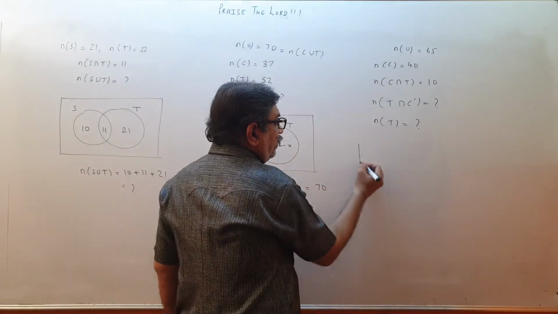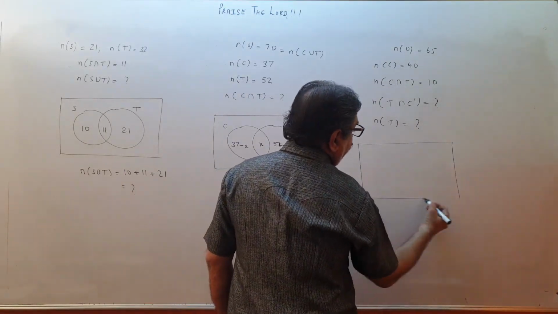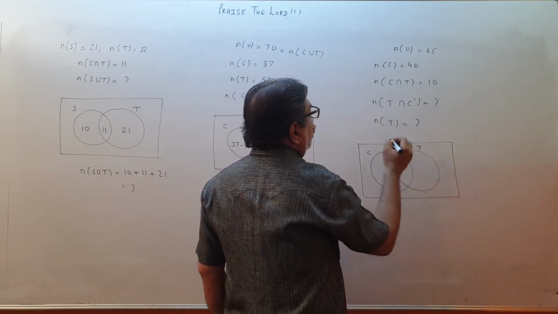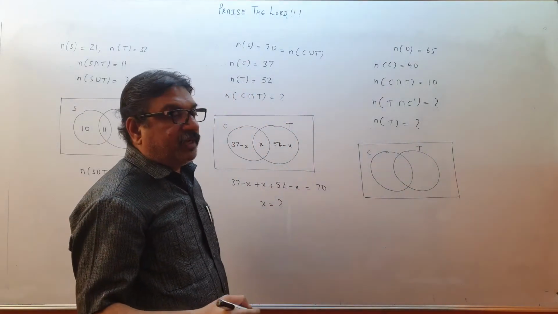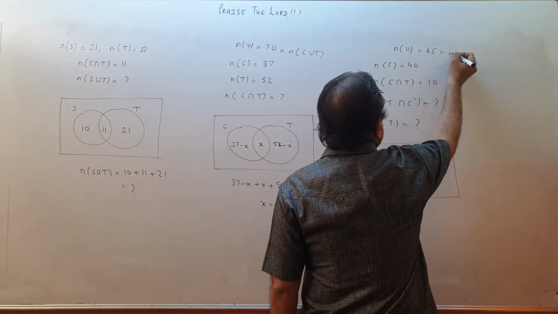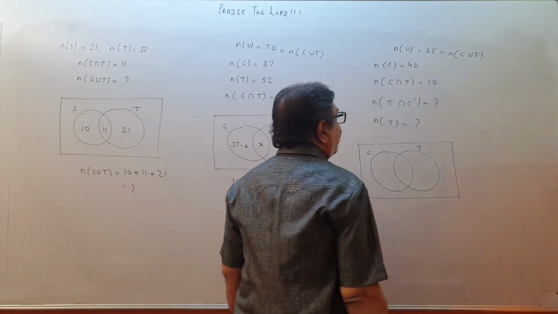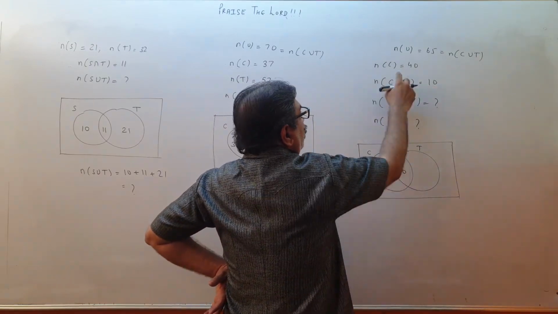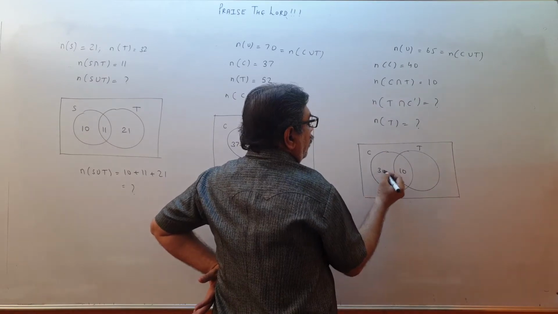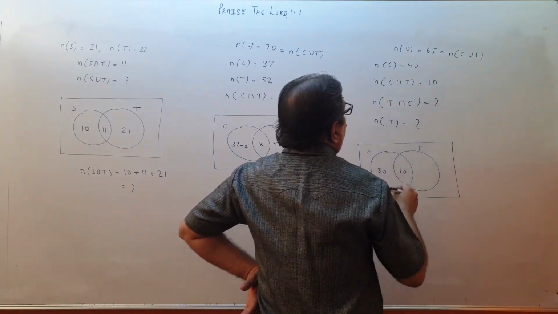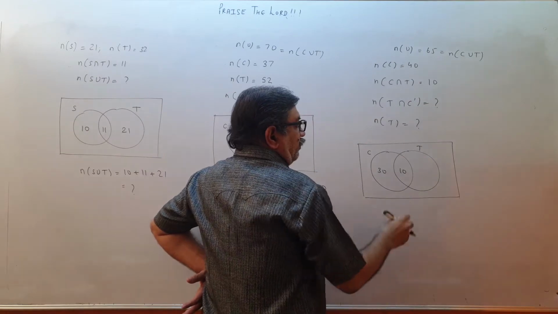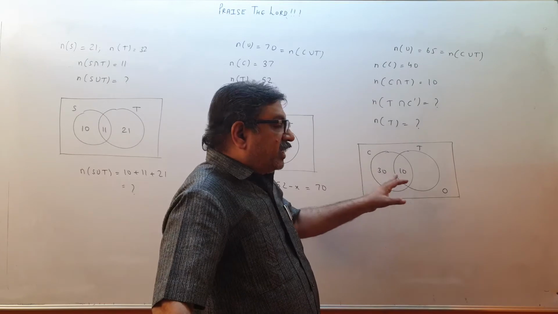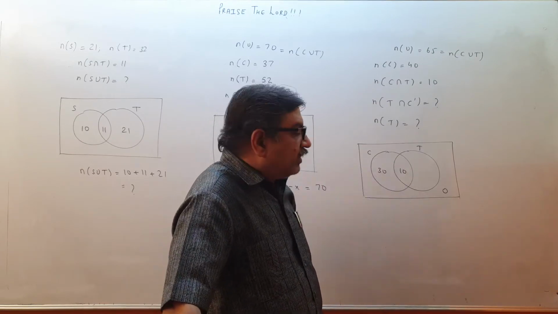So very easy, children, please see. This is cricket and tennis. Again, it is given that everybody plays at least one game. So this is N of C union T. Understanding that. So see, C intersection T has got 10 elements. C has got 40, so here there will be 30. And total are 65 because 0 elements outside. Nobody is there who plays neither cricket nor tennis. Everybody plays at least one game, we assume.